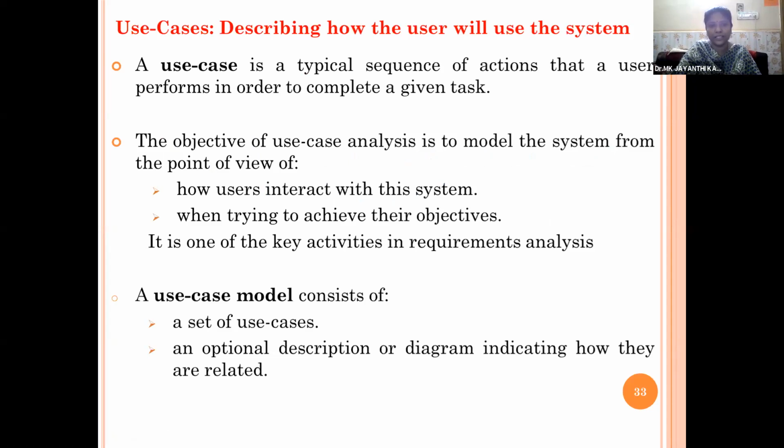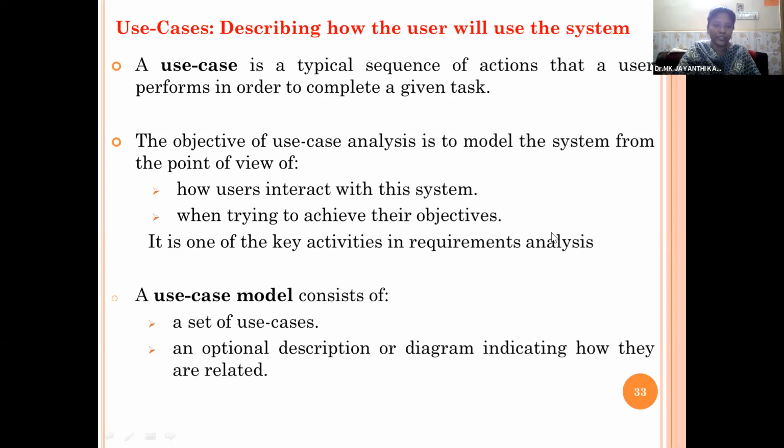A use case is a typical sequence of actions that the user performs in order to complete a given task. Here we will take all the functions which are associated with the users, and the objective of use case analysis is to model the system from the point of view of how users interact with the system when trying to achieve their objectives.